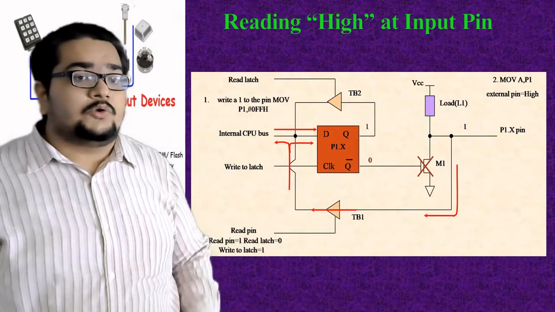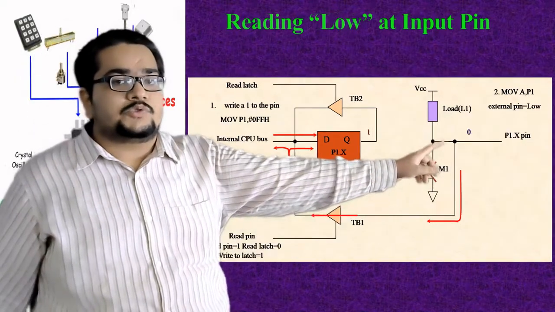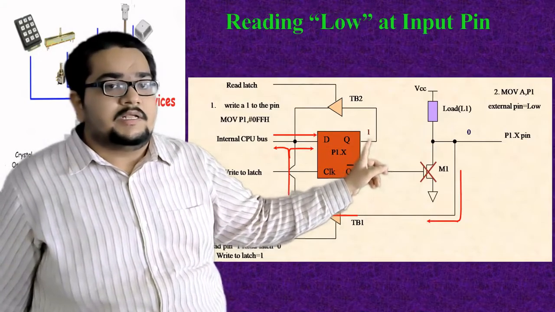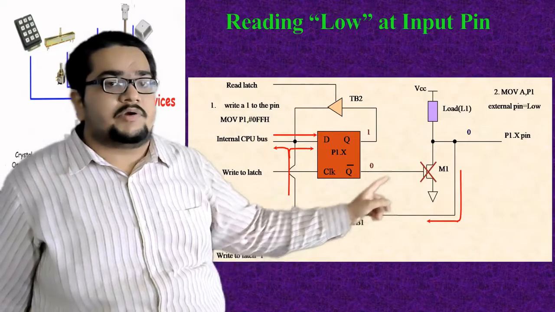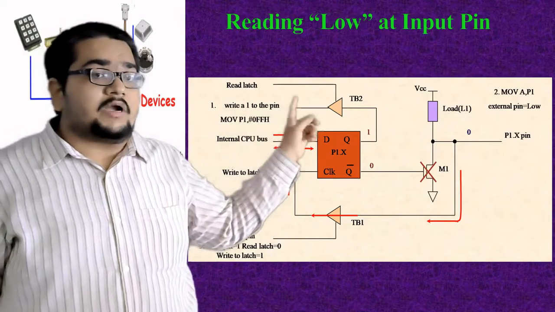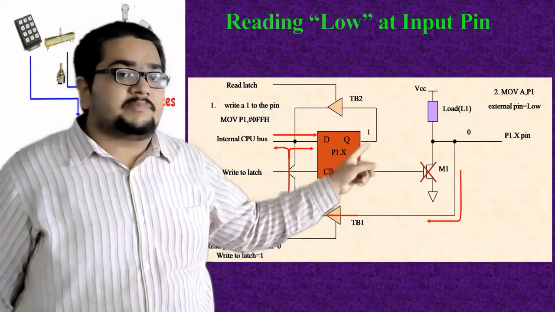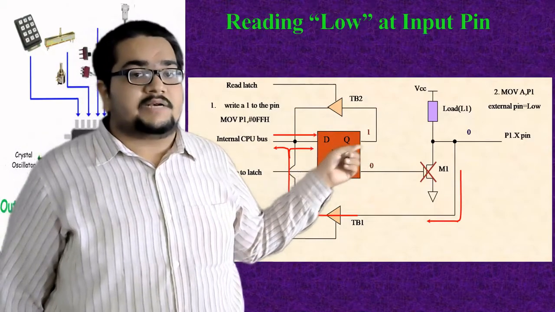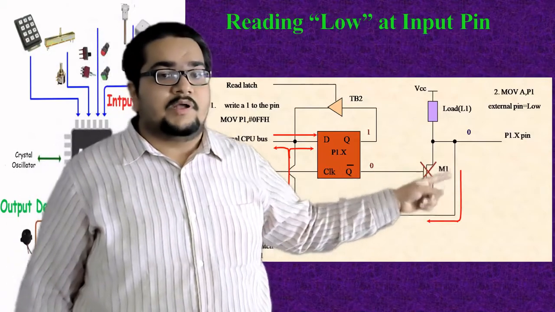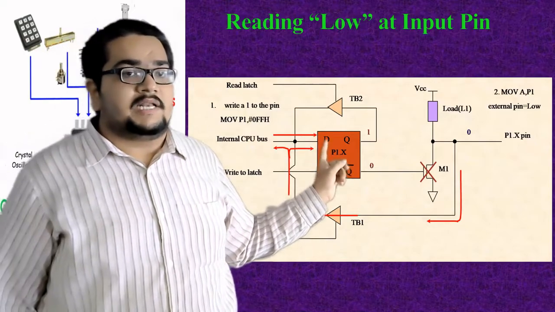Same way, reading a low signal is also a similar kind of thing. Reading a low signal, obviously because of the internal state that its previous state was 1, this Q bar will be 0, and this gate will be inactive. Also you have to understand that here we are not reading the latch, we are reading the pin. So due to that, the internal looping will not happen. Every time the value of that next state is not updated with the same thing. So this particular transistor is off, and this signal is coming from this tri-state buffer, and this time 0 is loaded into the D latch.